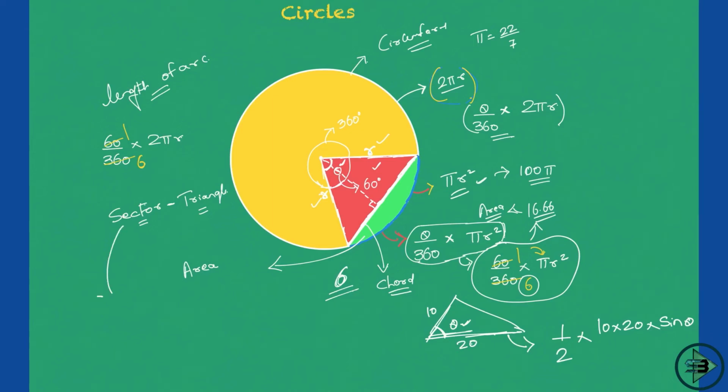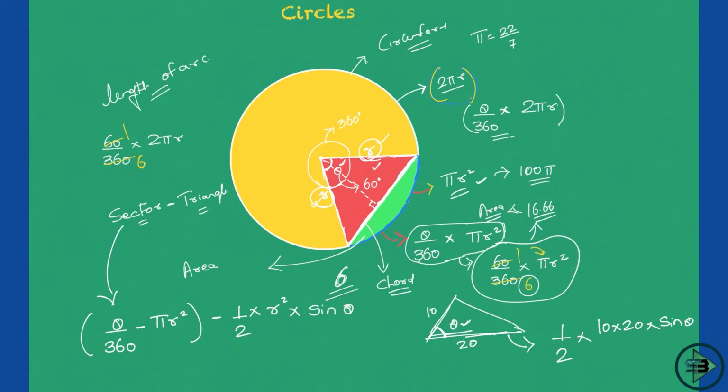So area of the sector is something that I already know, that will be equal to what? Theta upon 360 into pi r square. So I'll write it here, theta upon 360 into pi r square. I'll take out the area of a triangle from this. So what is the area of a triangle? That will be equal to half into product of the two sides, which means r into r, so that becomes r square, into sine of the angle between the two sides, which is nothing but theta.